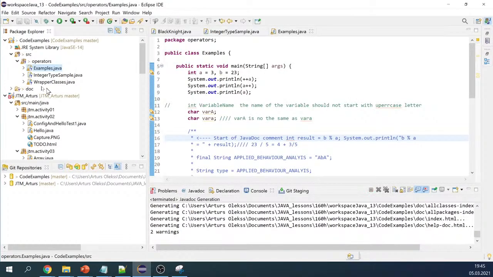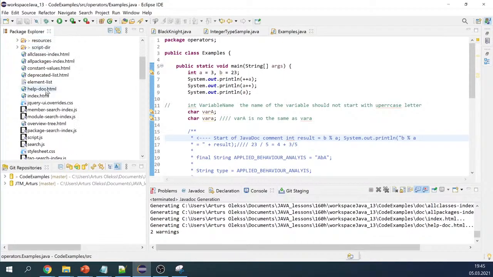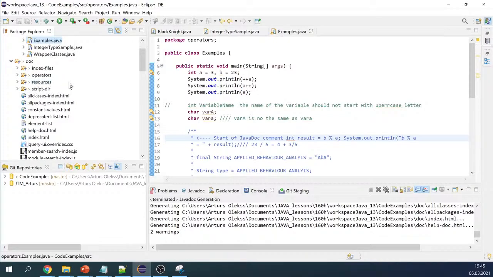You can see it right here. So here you can generate the documentation for your class,